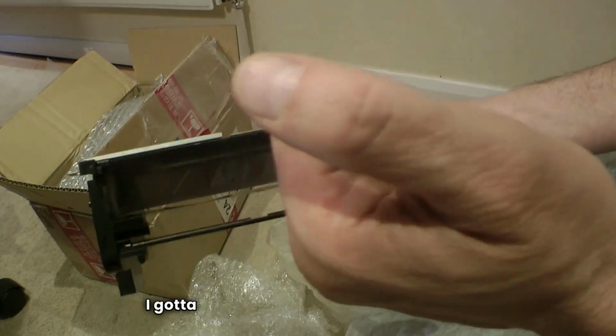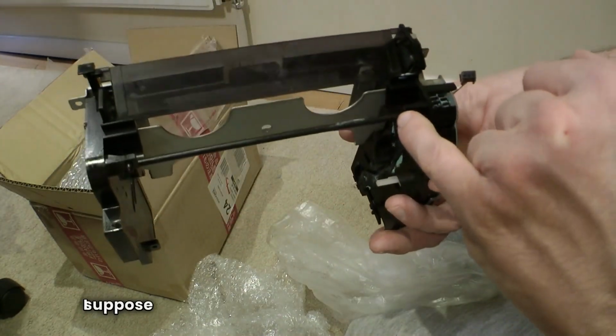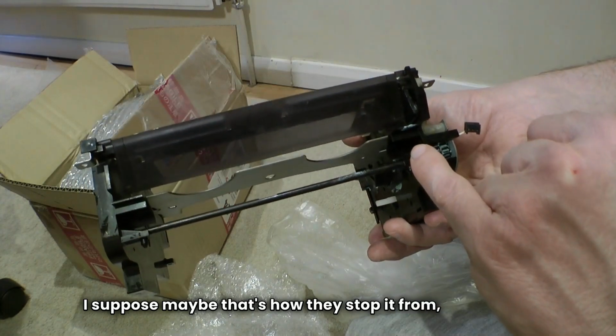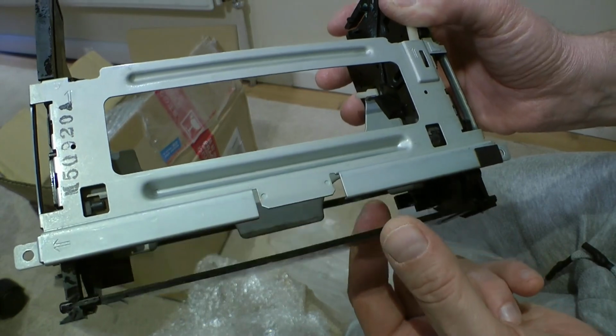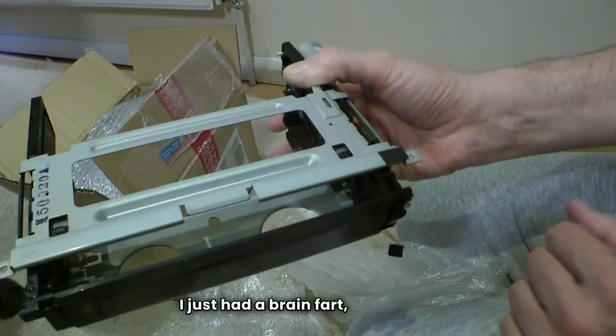And I've got to say, there's a lot of oil on this, but I suppose maybe that's how they stop it from, what was I saying? I've just had a brain fart. Basically,